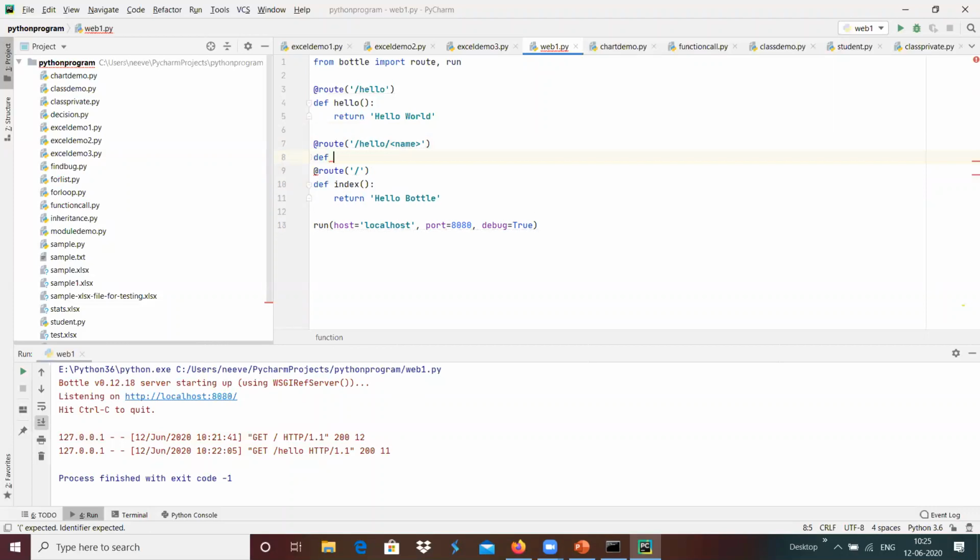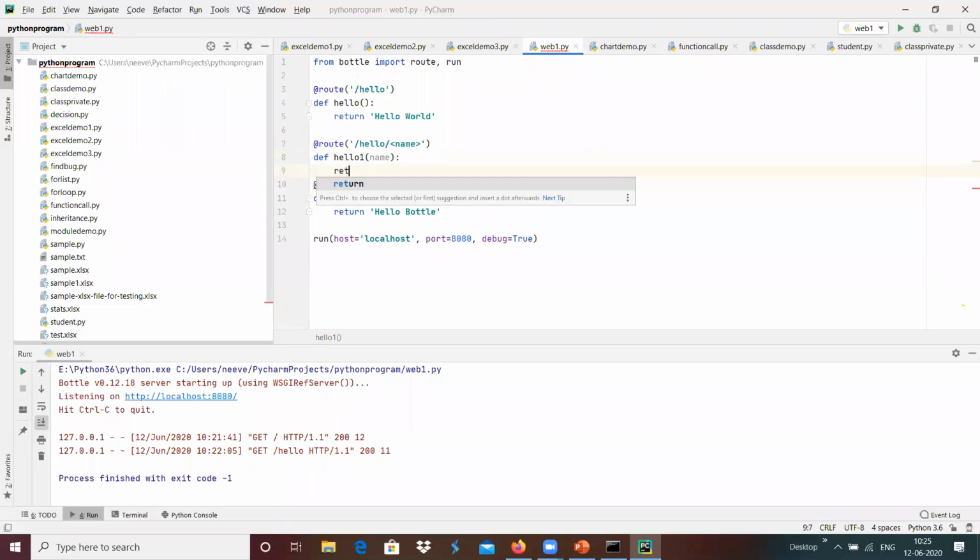Maybe hello one is the function which is going to handle it, name is the argument over here, and for example we can print the output, something like return hello plus name over here.